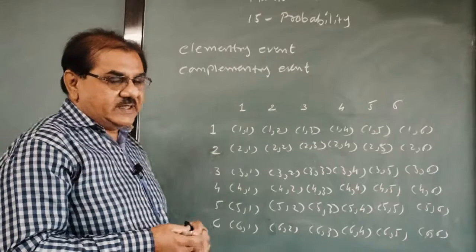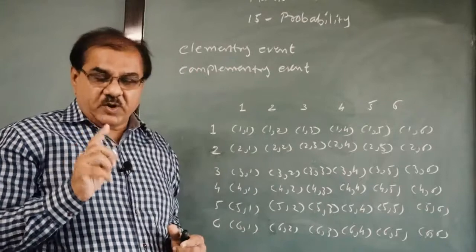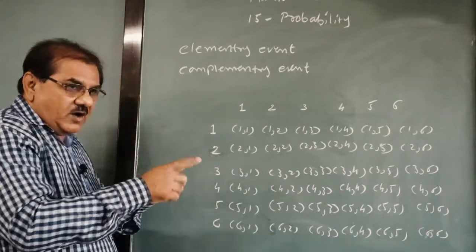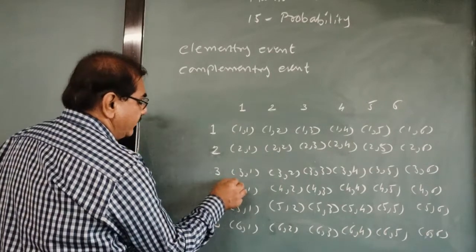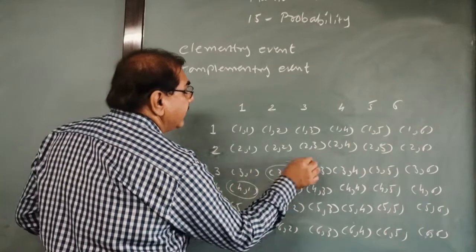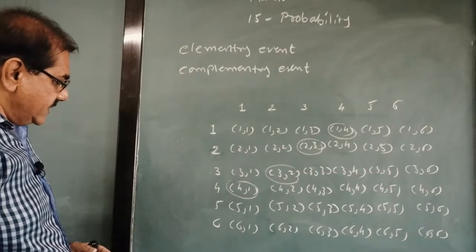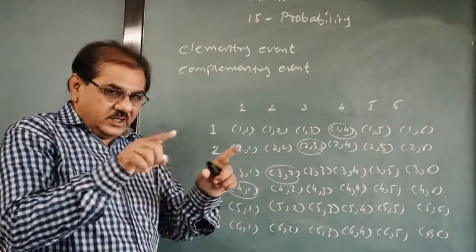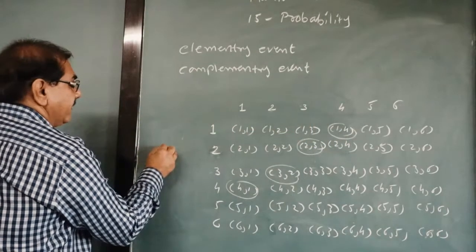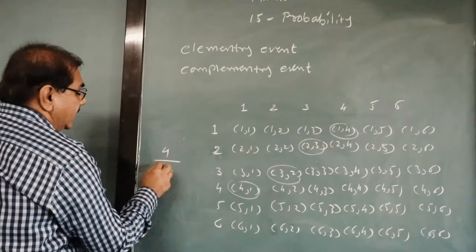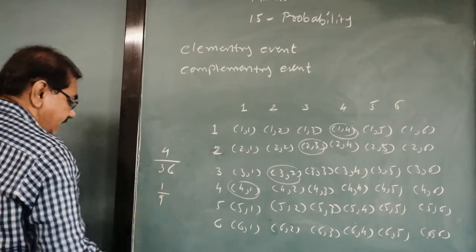Now we take two examples of questions which can be made from this. Suppose the question is: when two dice are thrown simultaneously, what is the probability that the sum of the two numbers is 5? Then you can find 4 and 1, 3 and 2, 2 and 3, 1 and 4, each summing to 5. So these are the four outcomes favorable to the event, and total outcomes are 36. So 4 upon 36, which is 1 upon 9. That is the probability.